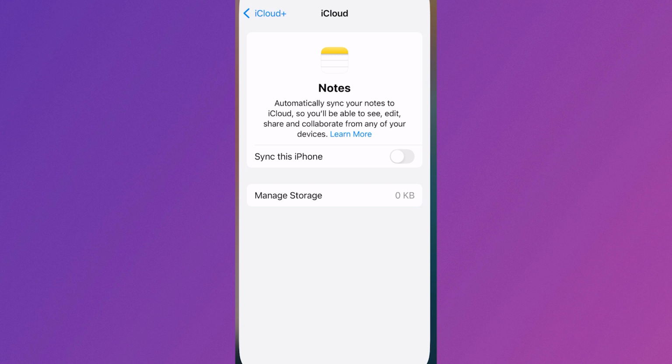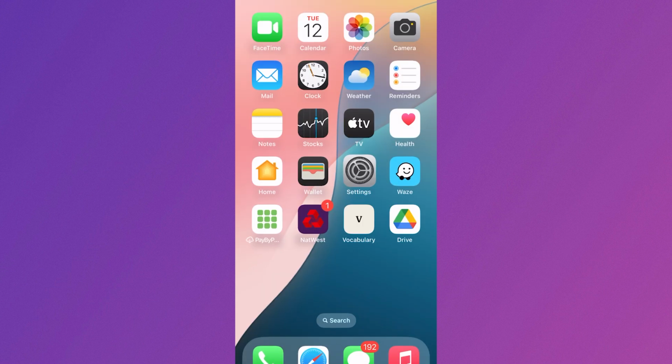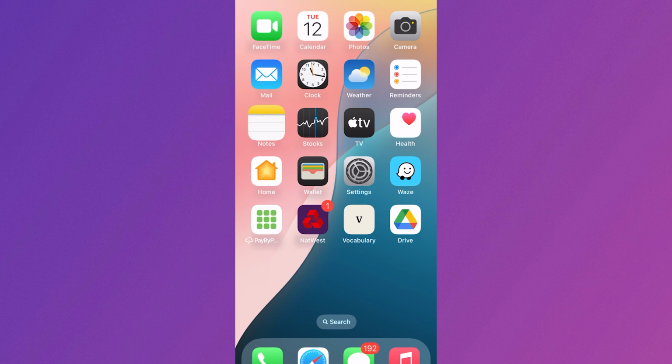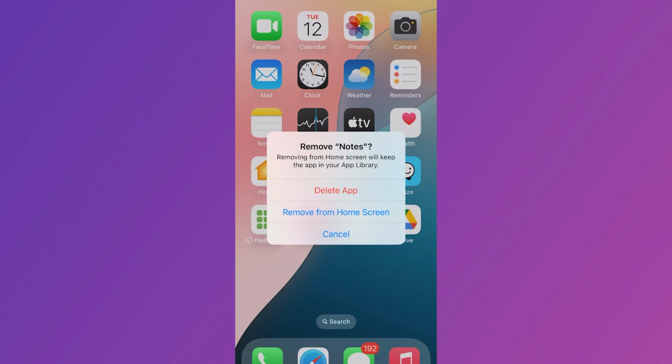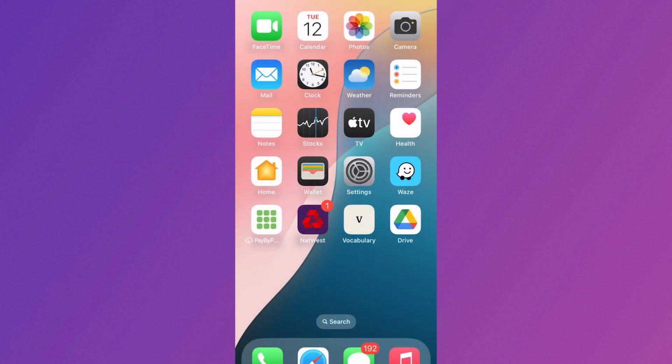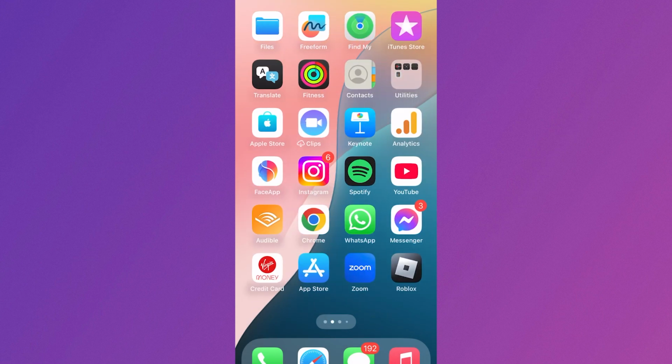And the next thing we're going to do is head back over to the home screen on your phone, and you're just going to delete the Notes app by holding down on the application and selecting Remove App, and confirm by pressing Delete App. So once you've deleted the Notes application, you'll then need to reinstall it by heading over